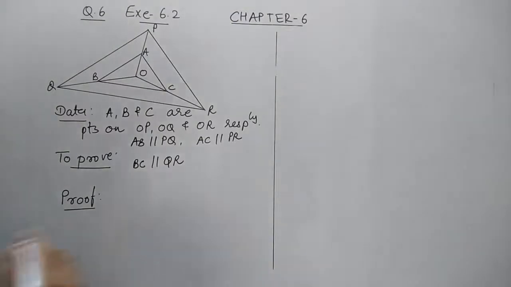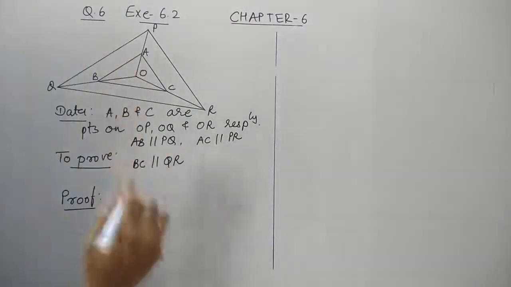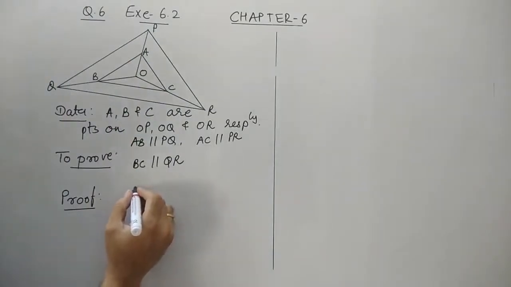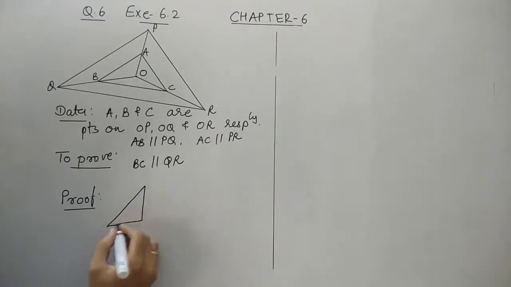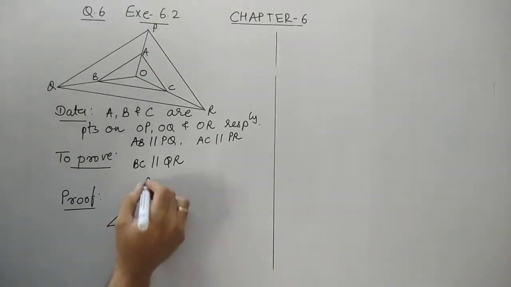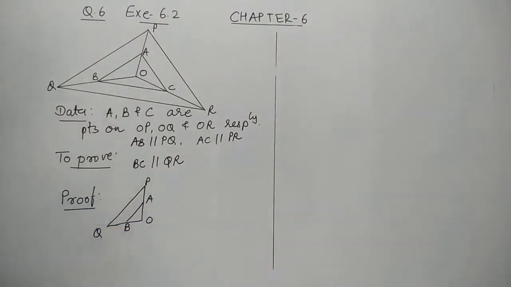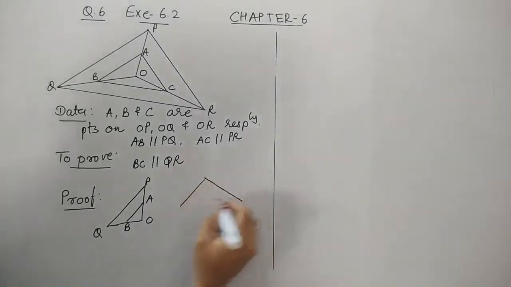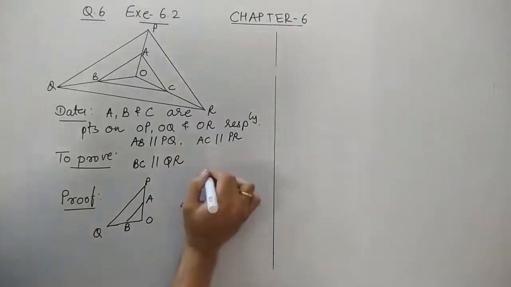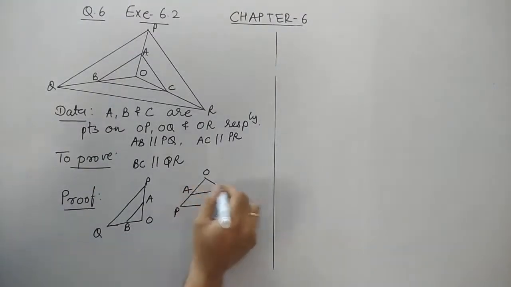Now let us draw this triangle. This is where AB and PQ are given parallel. So if I draw the diagram like this, you can see what is given here. This is triangle OPQ, where AB is parallel to PQ. So let's change this diagram. We can draw the diagram the way we used to see it. It's OPQ and this is point A and B.